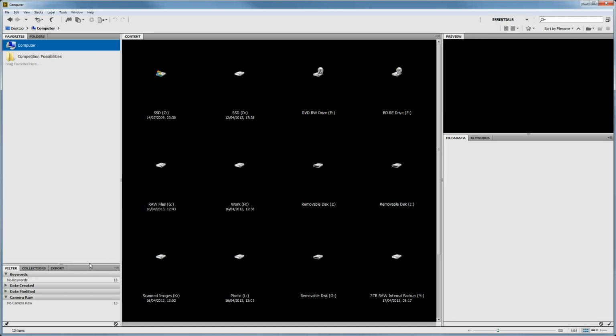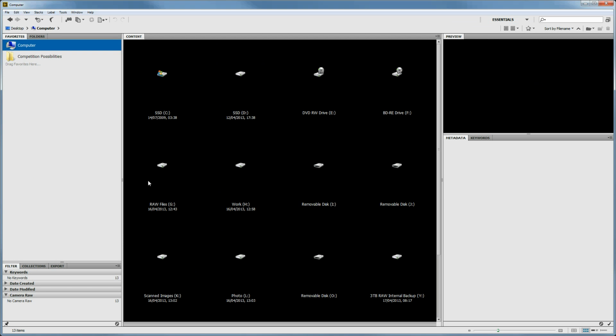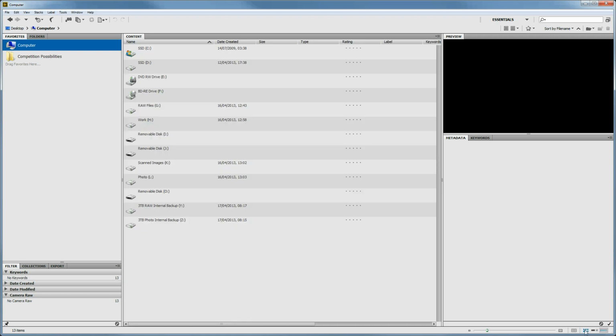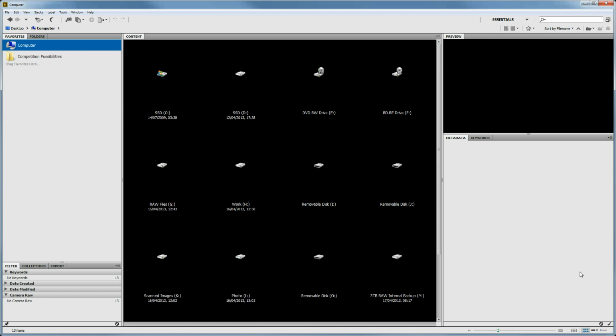You can change the size of each of these by just dragging the edges. The way the central window is viewed can be changed by clicking on the little icons here. I prefer to use the thumbnails view. Up here we've got folders. I always use the folders view, and this will allow me to see all of the drives and all the folders within my computer. So if I click on the little triangle here, you can see these are the drives